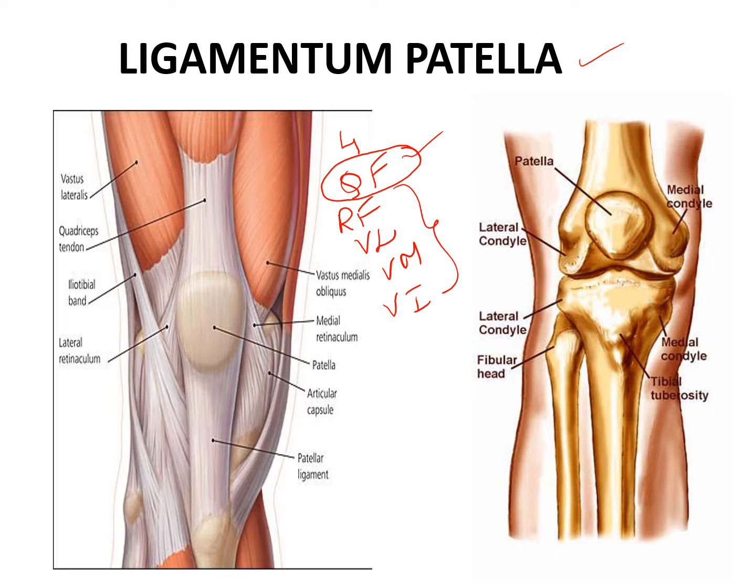You can see here, this is the rectus femoris, vastus lateralis, vastus intermedius, and beneath the rectus femoris will be vastus intermedius. These muscles will form a tendon, and this tendon is called the ligamentum patellae, whose attachment is from the apex of the patella to the tibial tuberosity. You can appreciate it in this diagram. Ligamentum patellae attaches from the apex of the patella to the upper smooth aspect of the tibial tuberosity. So that was about ligamentum patellae.